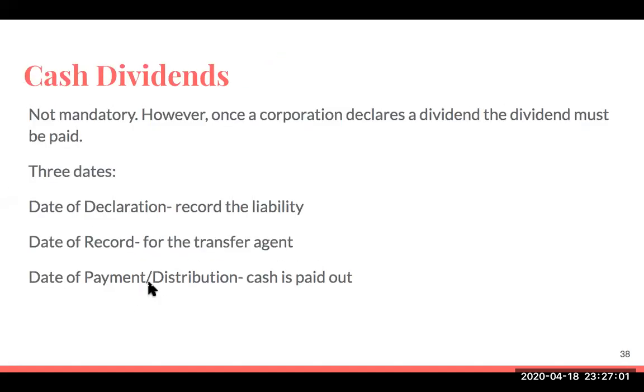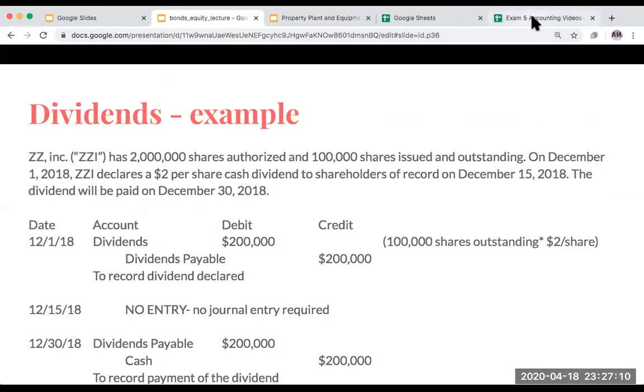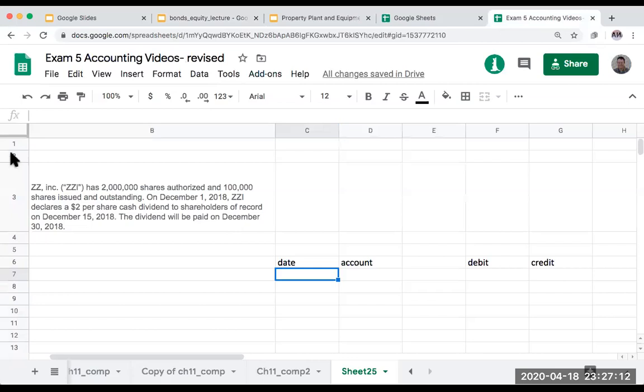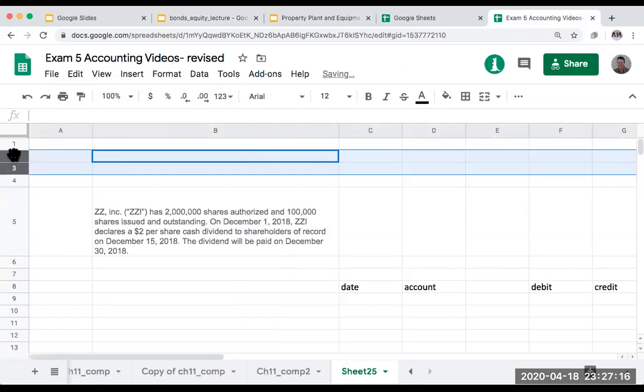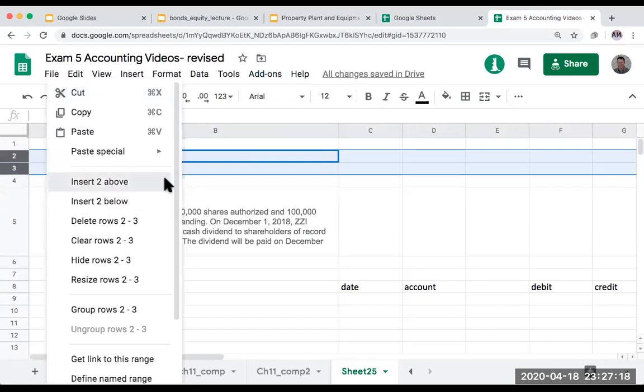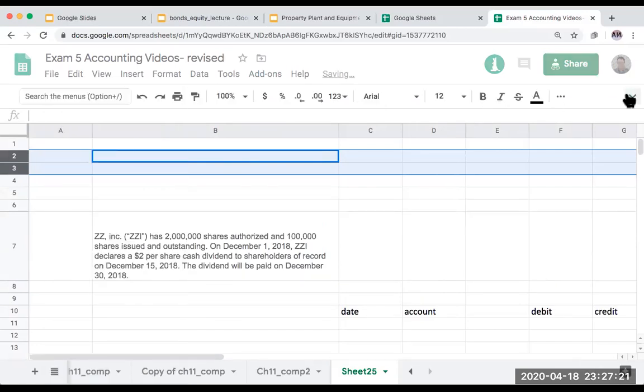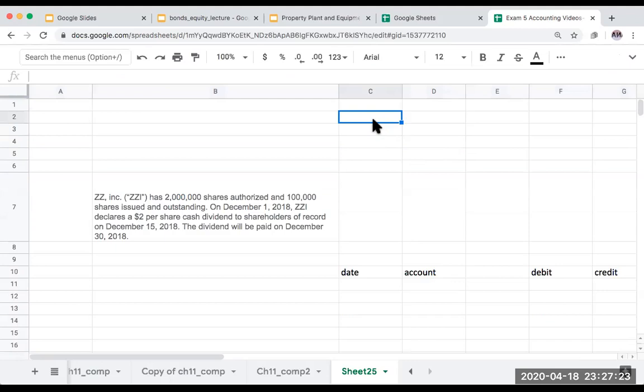So let's take a look at this example really quickly. One of the things I want to share with you is that you might be saying, hey, Tchaikovsky, you lied to us. The way I would say this is I did not lie to you. Rather, I just delayed telling you the full truth about dividends. If we go back to what we were doing earlier, what I would typically have you do when you would pay a dividend,